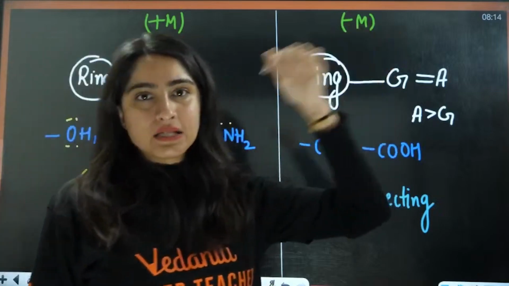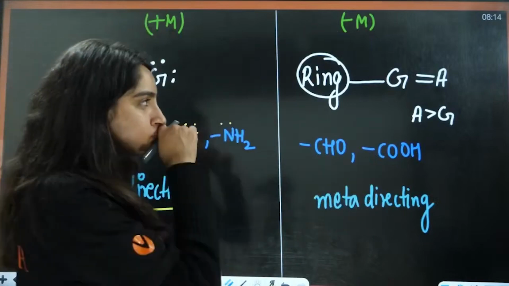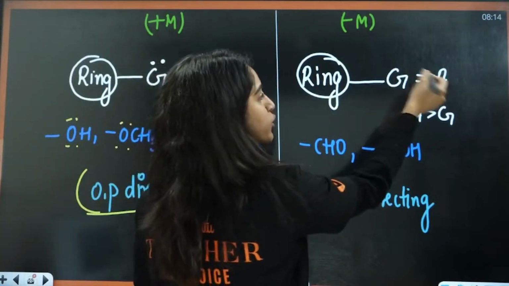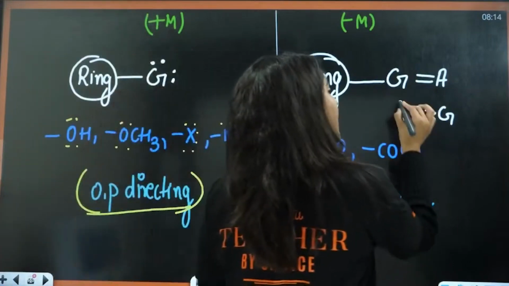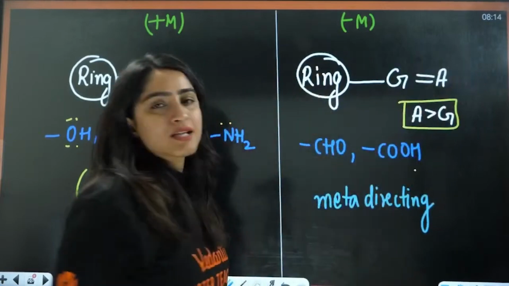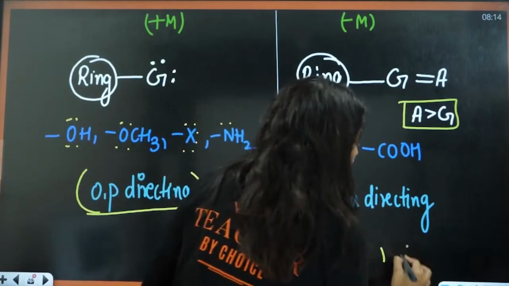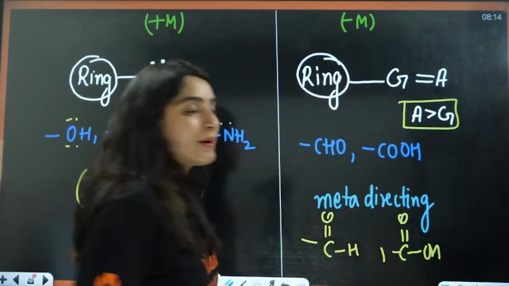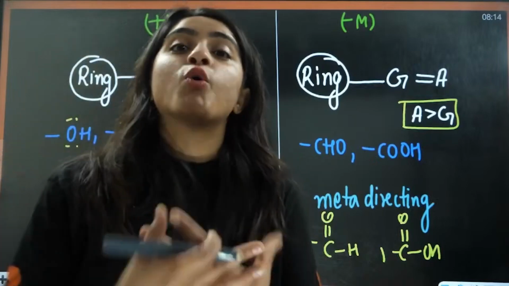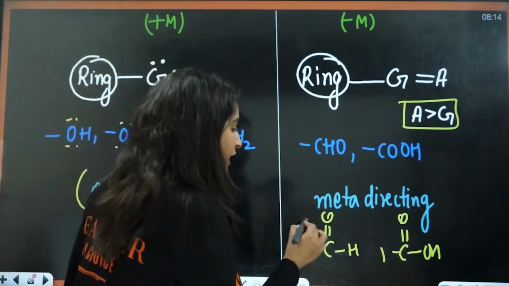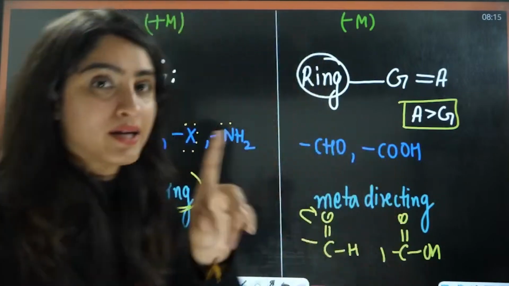Then if you're talking about minus M here, usually these are activating and those are deactivating. Minus M means this is attached to a group that is further attached to an atom with a double bond, but now this A is more electronegative as compared to this G, right? For example, C double bond OH. These are meta-directing because this is attached to a carbon and the carbon is further attached to an oxygen, which is more electronegative, with a double bond. So it is going to take away the electrons and show the minus M effect, and minus M effect shows meta-directing. It is meta-directing in nature.